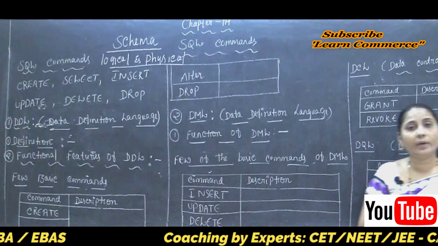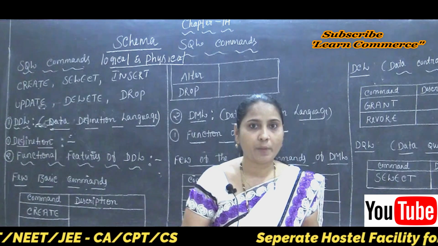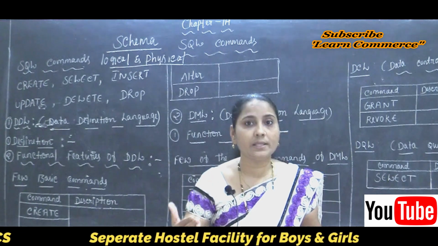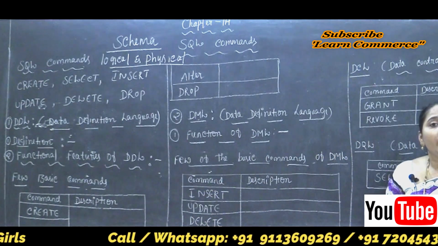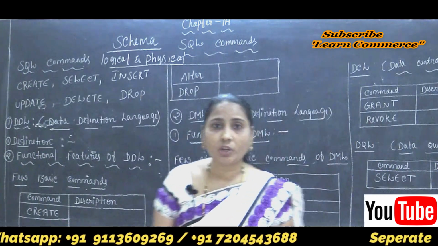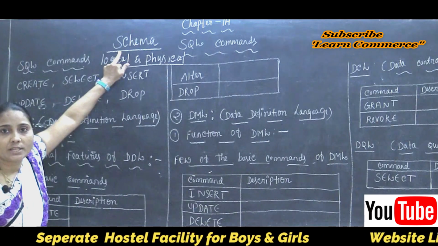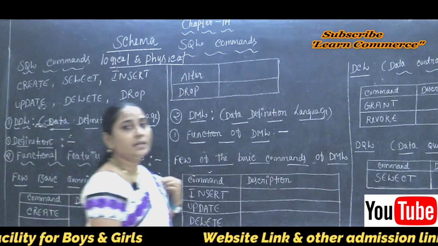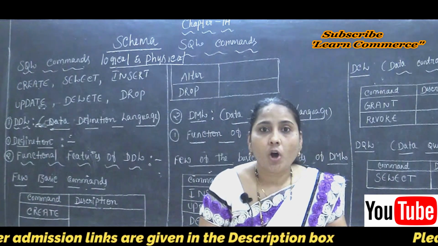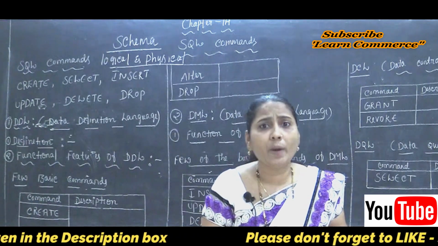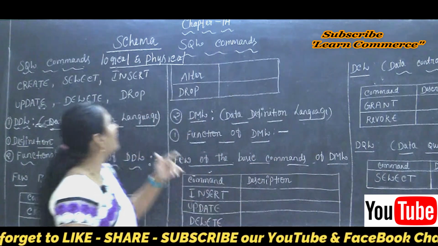So we can say that our DDL defines the logical, the conceptual schema. The meaning of the conceptual schema is providing the link between the logical and physical structure of the database. And such a logical structure of the database is called the schema. Clear this point here? The logical structure of the database is called the schema, and we know the meaning of the schema. The schema means a database object, or we can say our table that contains the data and performing some operation on the data, that is called the schema.